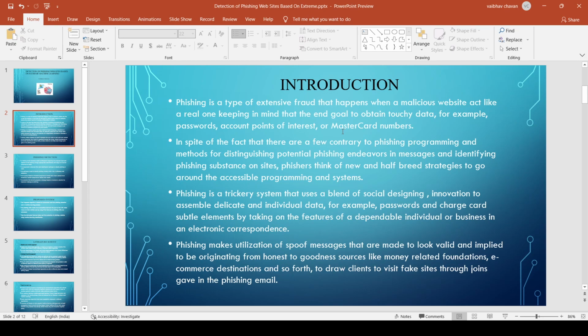In spite of the fact that there are a few countermeasures against phishing and methods for distinguishing potential phishing attempts in messages and identifying phishing subsets of sites, phishers think of new and brief strategies to get around the available programs and systems.